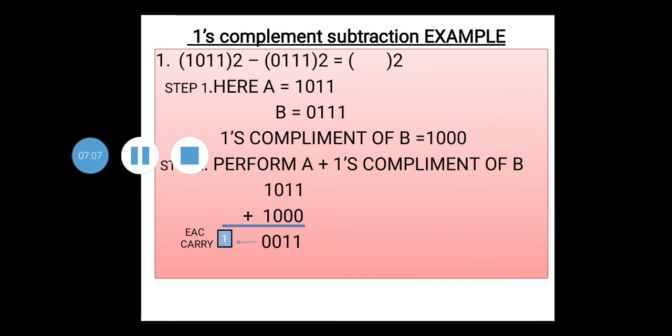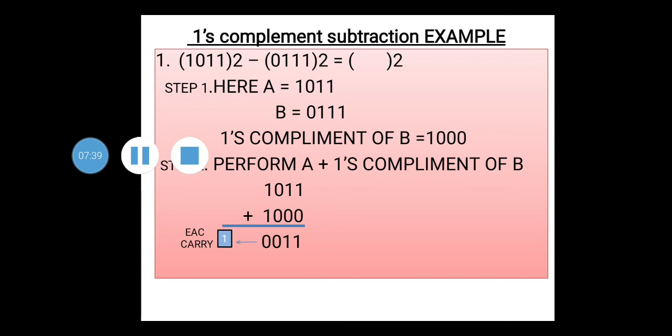So you have to check, the first number A is 1011, it is 4-bit. The second number B is 0111, it is also 4 bits. So both are of the same length. So now we are not going to add any 0, and it is given directly in binary, so decimal to binary conversion is not necessary. So here in step 1 I have written A is equal to 1011 and B is equal to 0111.